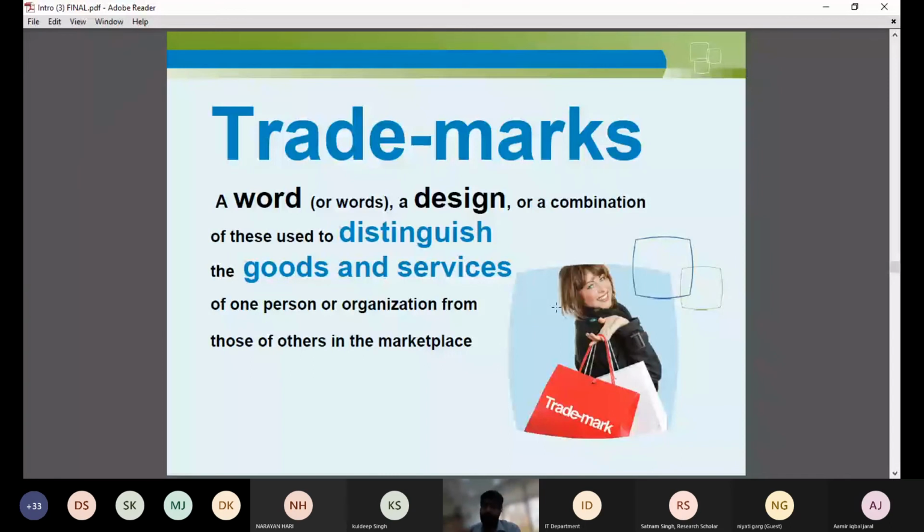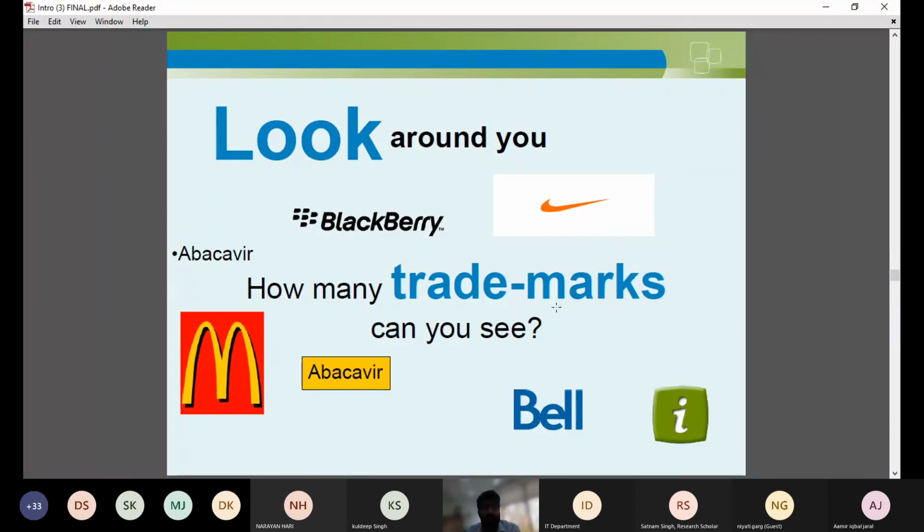For example, McDonald's and KFC are into the same kind of business, right? But they both have a different trademark. Why? So that customers can identify different companies and differentiate between them. If you want to have chicken burgers, we will always prefer KFC. If you want to have veg burgers, then McDonald's is our first preference, right? So the trademark gives you a clear identity of your brand in the market from which your customers can identify you.